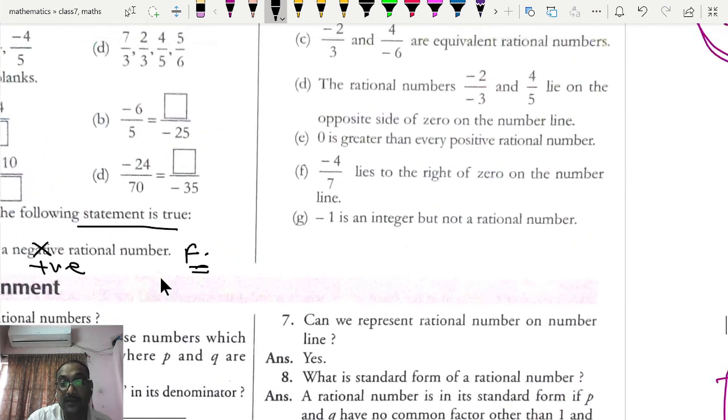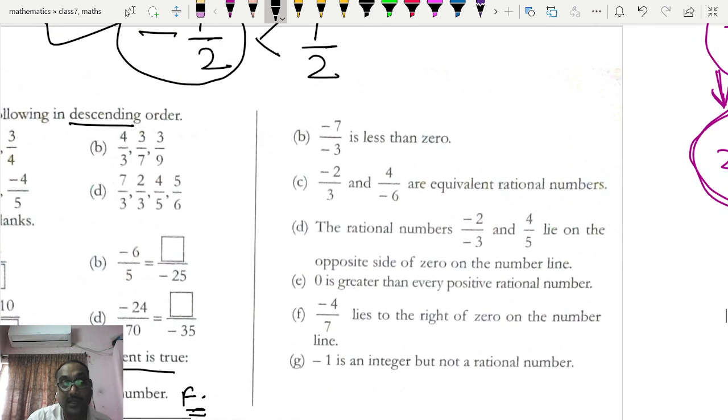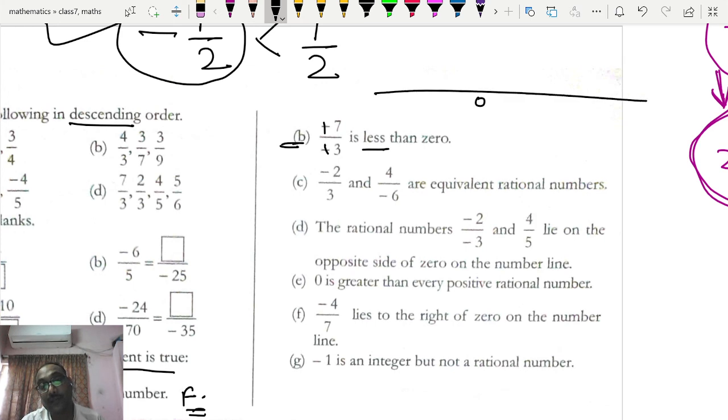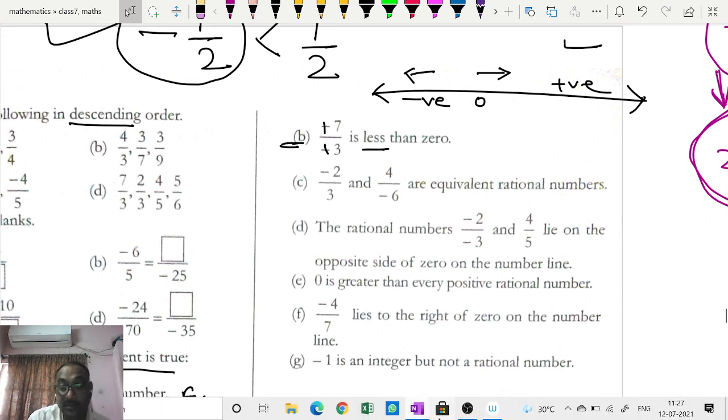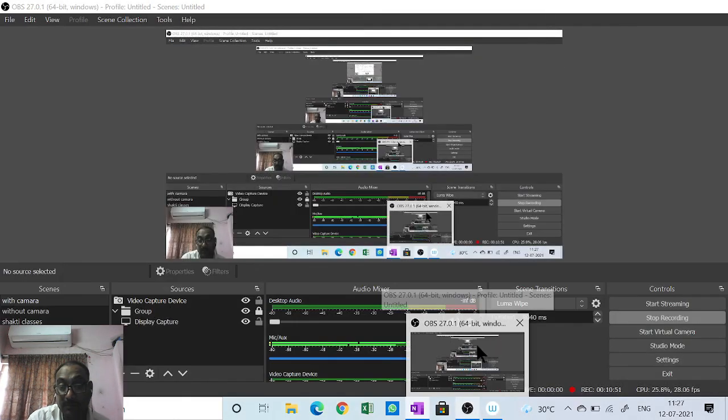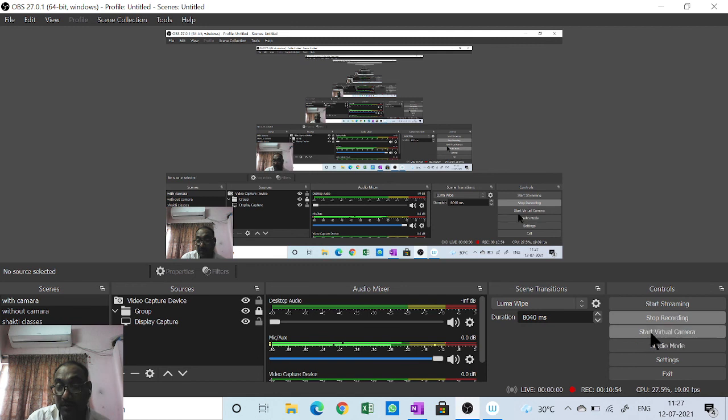If the signs are different in numerator and denominator, then it will be negative; the same, positive. See, here also both signs are the same, so it is positive, and it is not less than 0, because we know that when we move right hand side from 0, the number is positive. When we move left hand side of 0, the number is negative. Clear? So in this way you can solve all these questions, and I hope that you all have got this. And if there is any problem you are getting in it, I am here to solve. Okay.